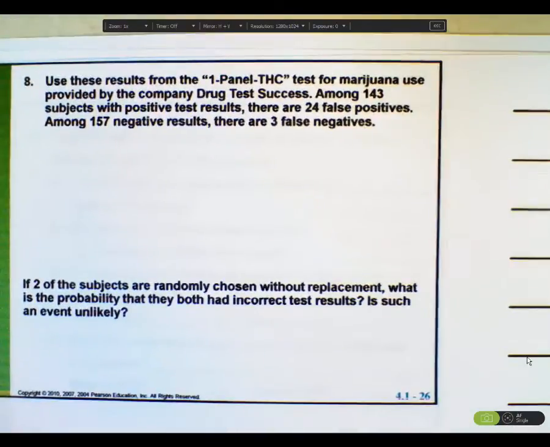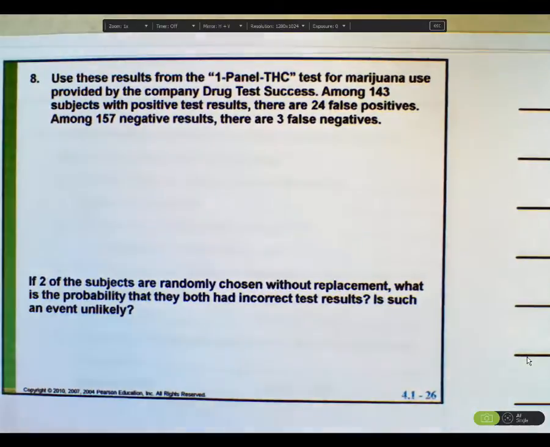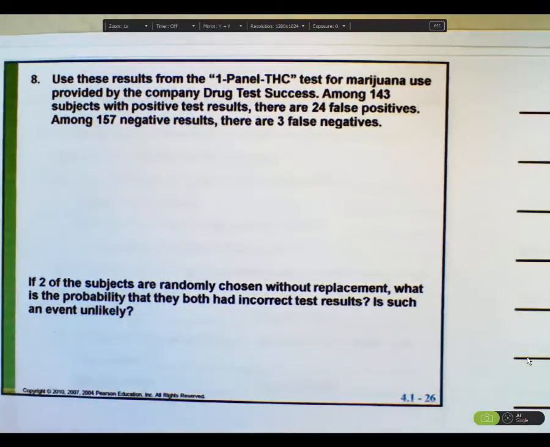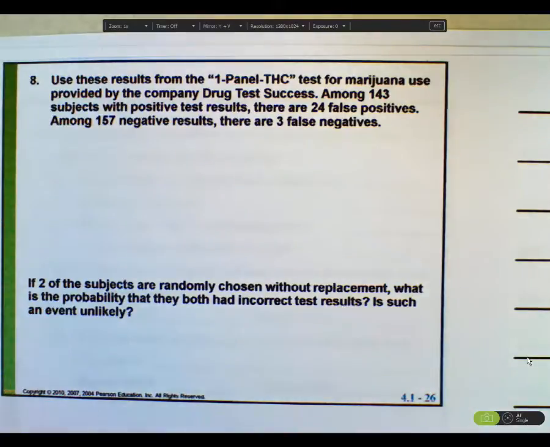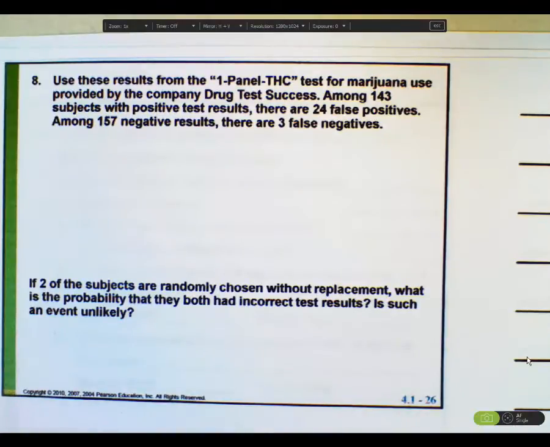All right, example 8. Use these results from a one-panel THC test for marijuana use provided by the company Drug Test Success. Among 143 subjects with positive results, there were 24 false positives. And among 157 negative results, there were 3 false negatives. Now, I wasn't given a contingency table for this problem, but I could make up one like I've used on other problems. I could set up a contingency table that had